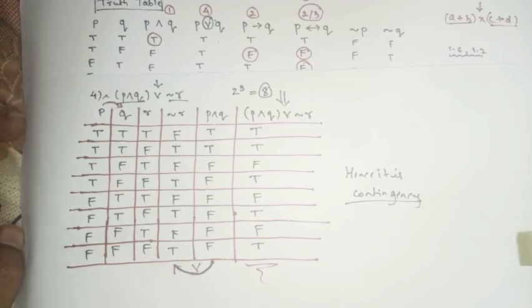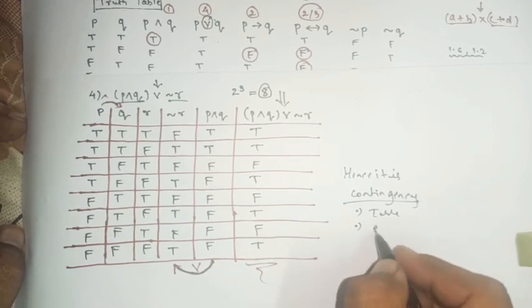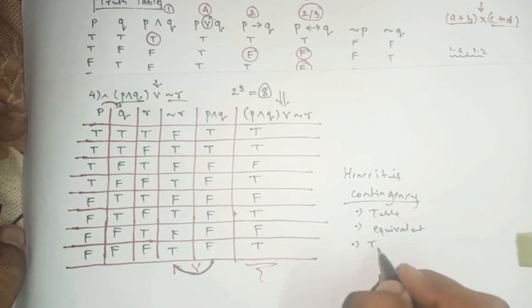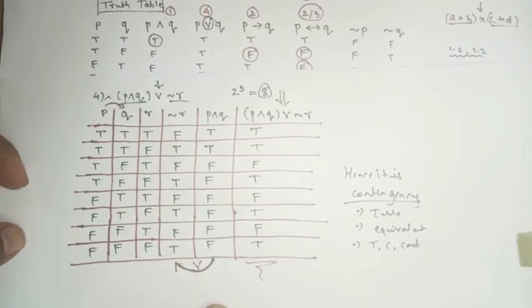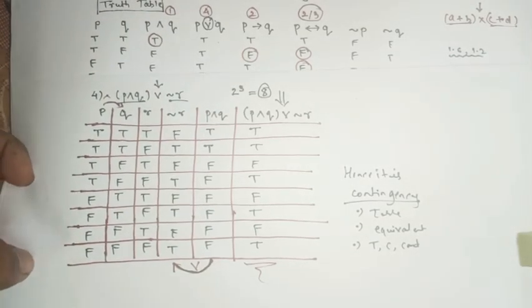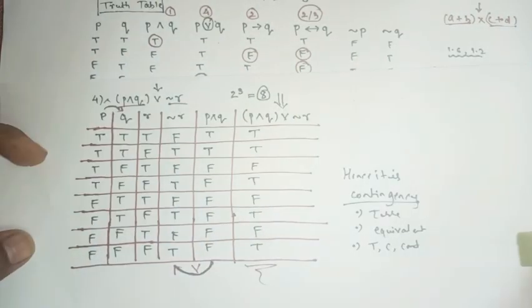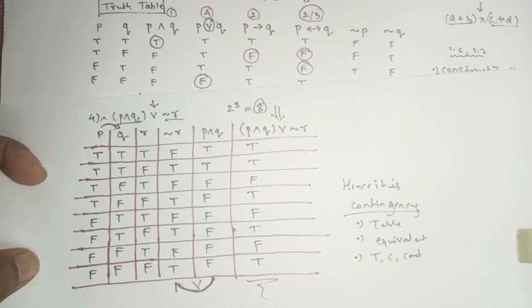So in this video we saw how to construct the table. That was type number 1, how to construct the table. Then we saw equivalence, and the last type was tautology, contradiction and contingency. This exercise is very important for commerce as well as for science students. So please don't skip this exercise and try to learn the truth table by heart. This is the truth table in front of you. It has to be on the tip of your tongue. Got the point? Okay, chalo, bye.